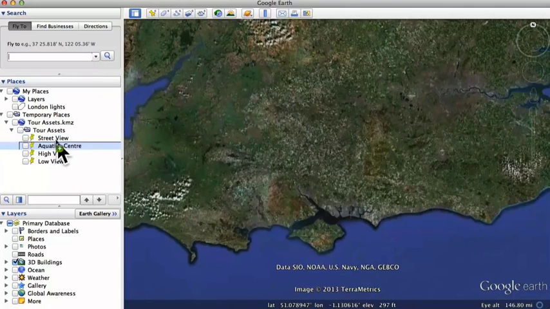so that the aquatic centre is at the top, and then street view is at the bottom. Now it's a little bit more fiddly, and what you have to do is, if you click and drag something, you see that line is just a little bit across from the tour assets. That means it's going to go into the same folder, which is where I want it to go, just above